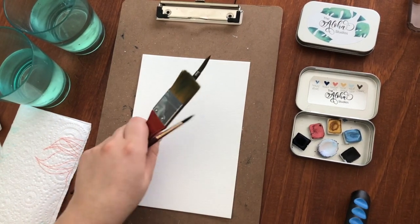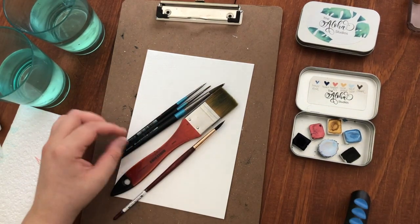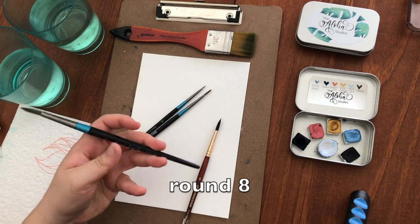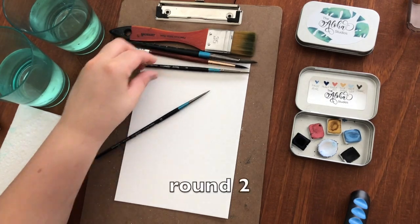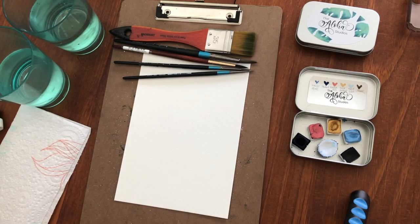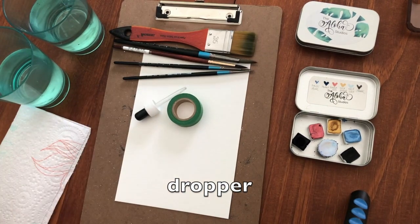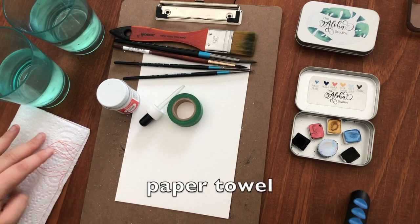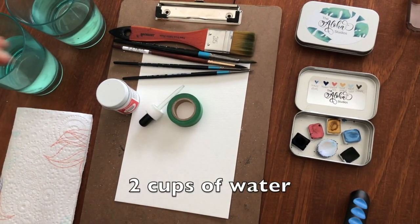I've got a few brushes here. I might not use all of them, but I'll walk you through them once I'm using them. I do have a wash brush. I've got a round 8, a round 6, a round 2, and a detail brush, so 2/0. I've got washi tape to tape down my paper. I've got a dropper, Dr. P.H. Martin's Bleed Proof White, a paper towel, 2 cups of water, 1 for dirty, 1 for clean water,